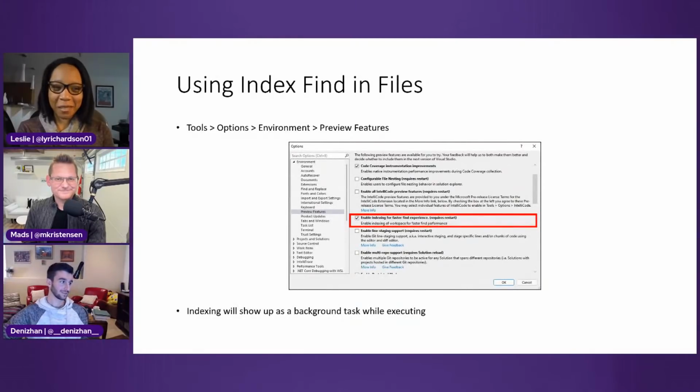As somebody who's experienced slow performance with find in files on my own projects, it's really nice to see that dramatic improvement. That's 29 seconds faster than what it used to be. That's really cool. Absolutely. So just for those who are interested in trying it out,